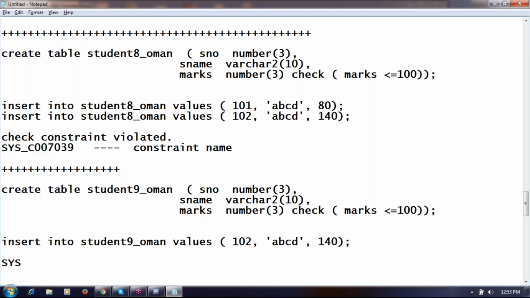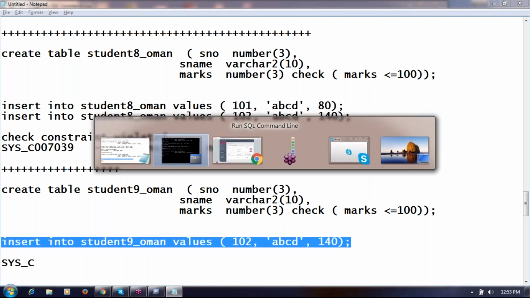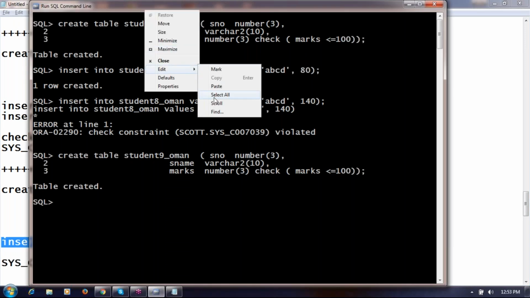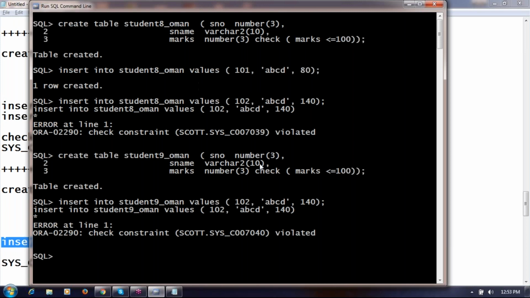Constraint name should start with SYS_C followed by a number. What is the number? C is 007040. Previously it was 7039, now 7040. Sequence numbers.